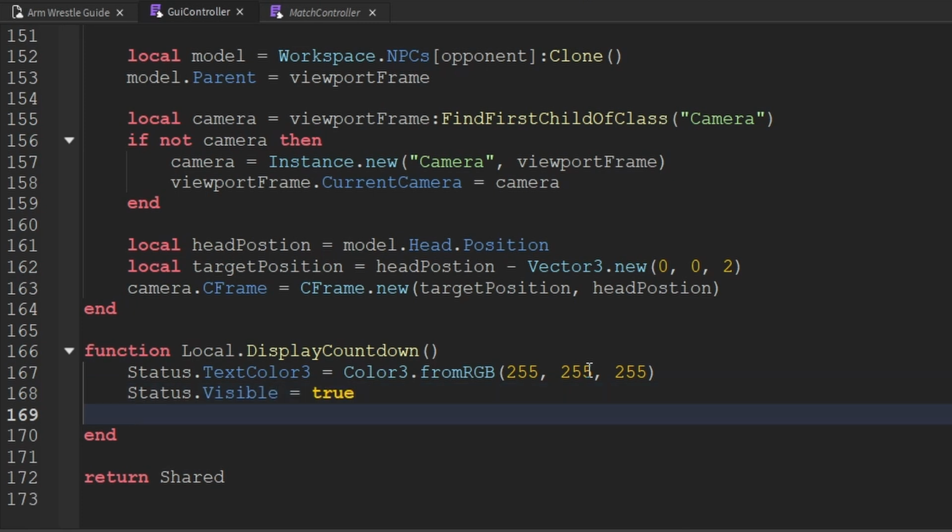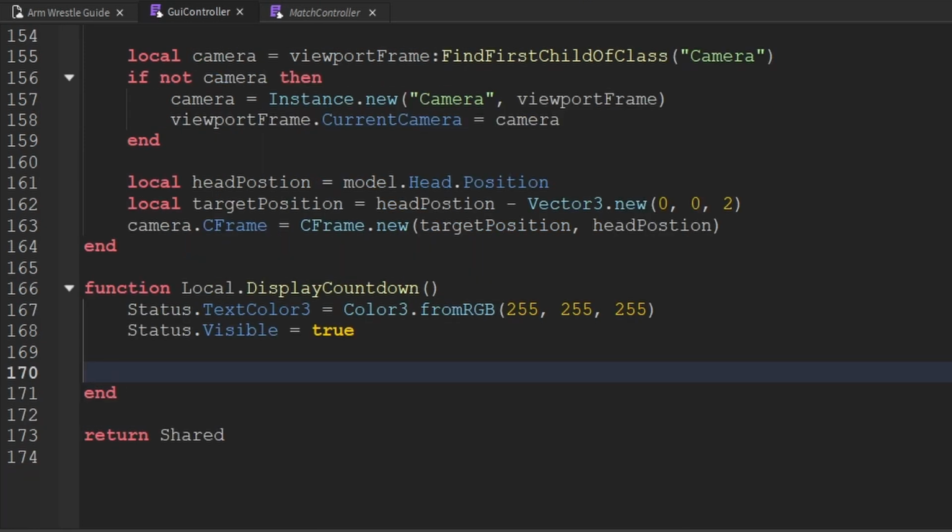So we'll set the visible property of it to true. Now the countdown is going to count down from 3 all the way down to 1. And each time the number changes, we're going to perform a little animation on it. So we're going to tween it, and we're basically going to make it a lot smaller. And then when we update the number again, we'll reset it back to its original size and then animate it